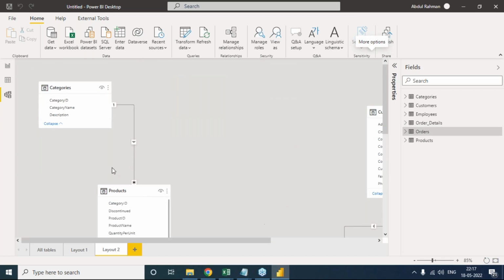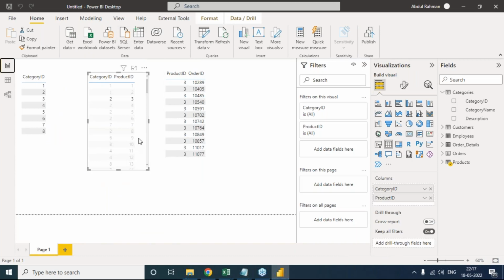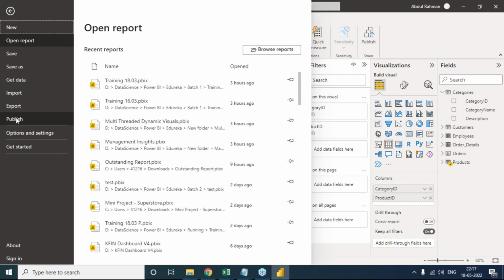Okay. So assume that you connected this Power BI with SQL Server, and you don't want to share this report with your subordinate for some reasons. You're working on X report and he's working on Y report, and both reports have the same data source, which you already connected to. So instead of sharing this workbook, you will share the data source information. How do you share it? It's very simple. Go to File, click on